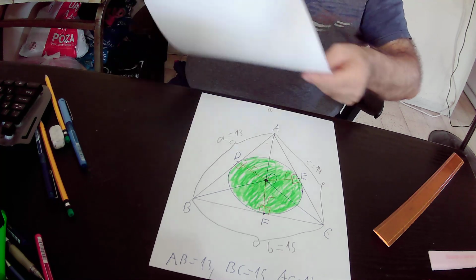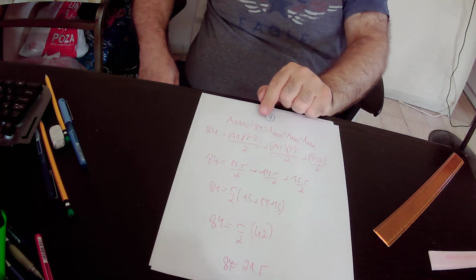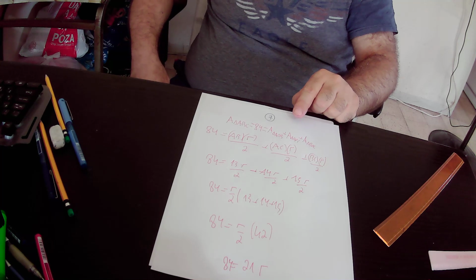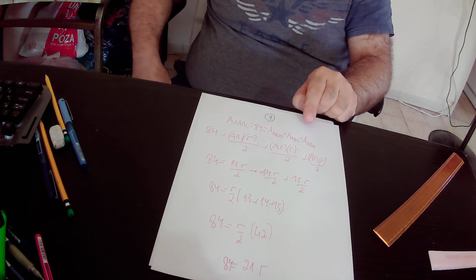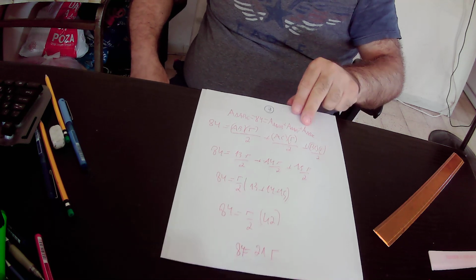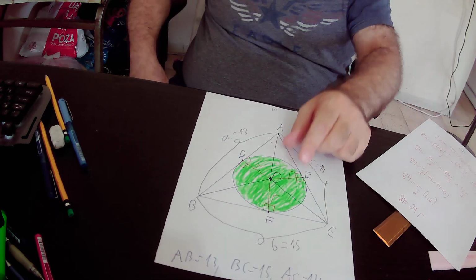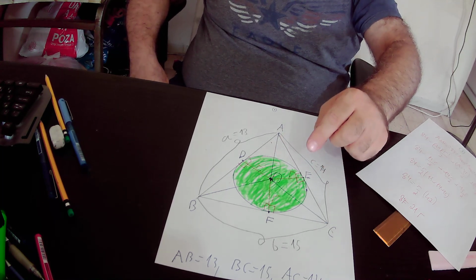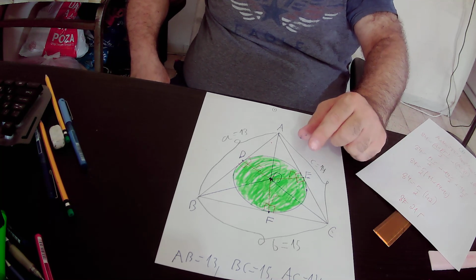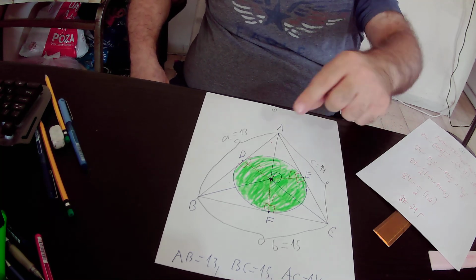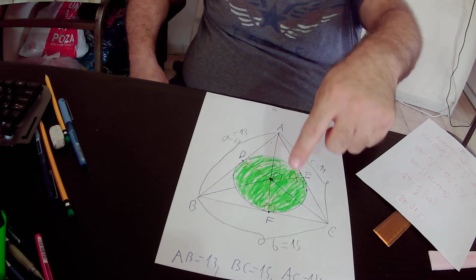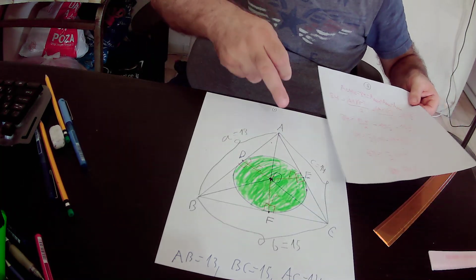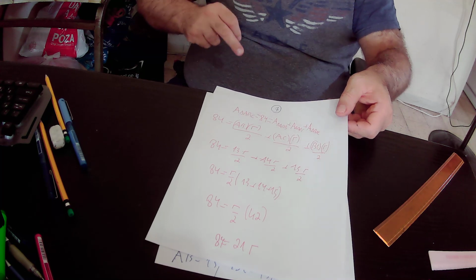So the equality states that the area of triangle ABC, which equals 84 units, equals the sum of the areas of the three small triangles: triangle AOB, triangle AOC, and triangle BOC. We know that the area of this small triangle equals the base of the triangle times the height to the base over 2, that is actually AC times the radius over 2. In the same way we calculated the area of the other two small triangles. So the only missing variable in this equality is the radius of the green circle,